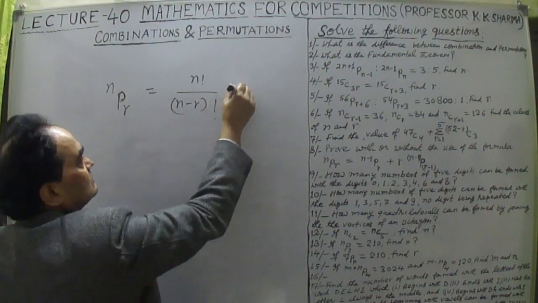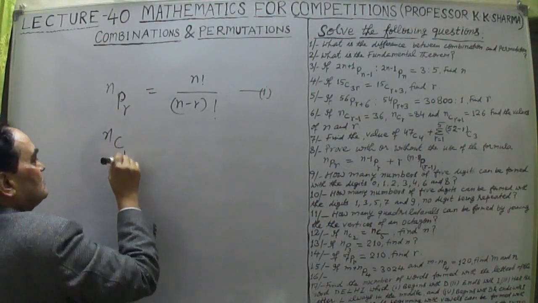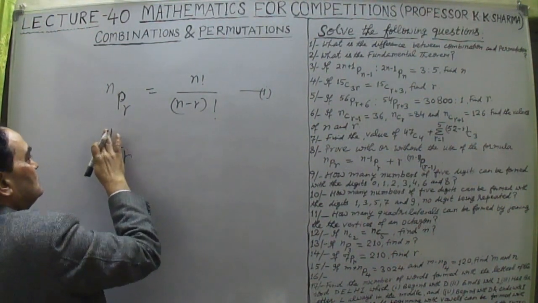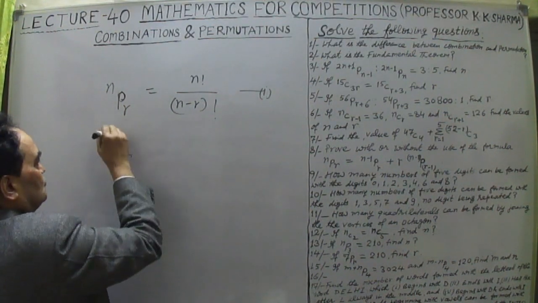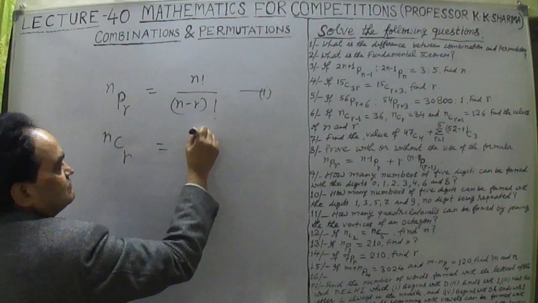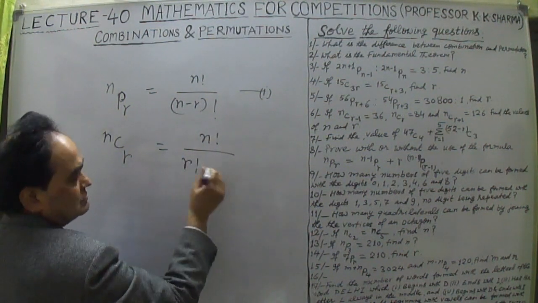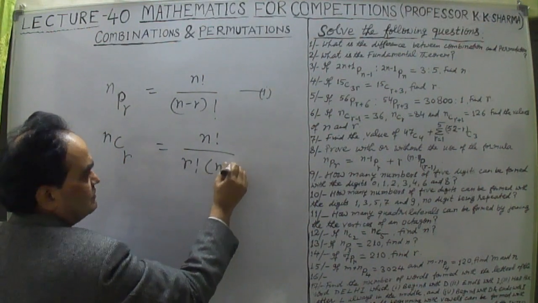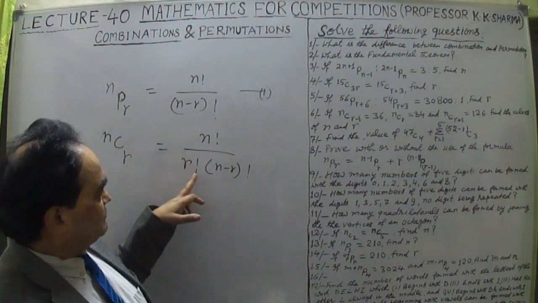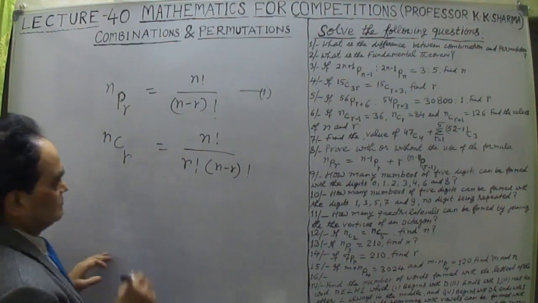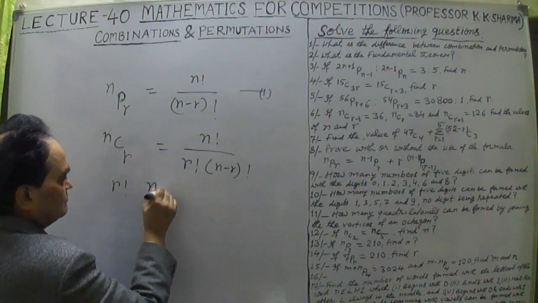Okay, this is the first equation that we take. And as I have told you, nCr, the combination formula, where out of n, r are selected, is factorial n upon factorial r into factorial n minus r. What does it mean? Now if I take this factorial r to this side, then factorial r multiplied by nCr